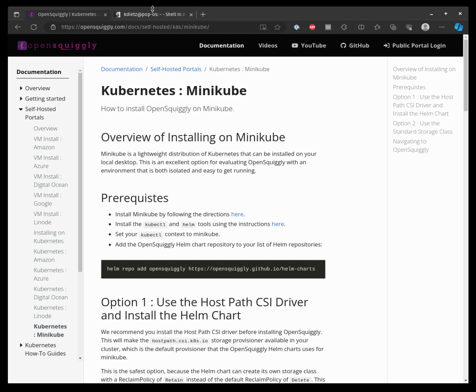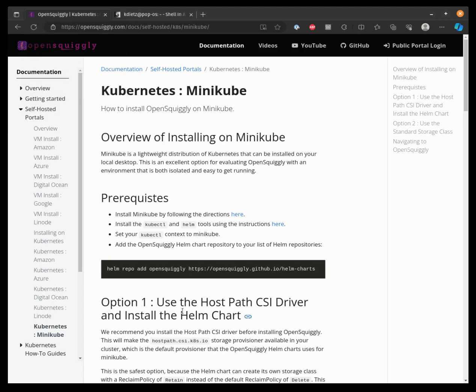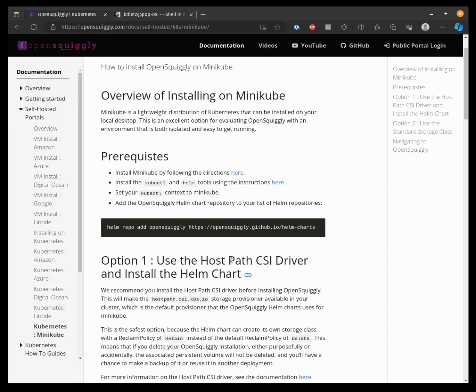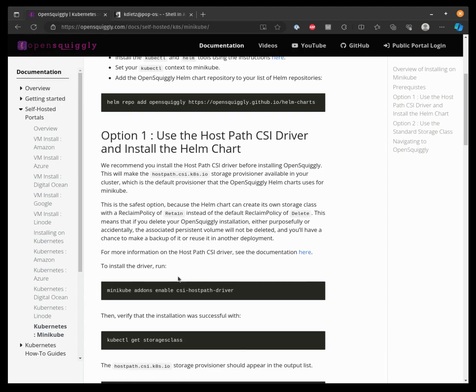Okay, so I'm going to go to my terminal. I already have Minikube installed. I can run minikube status to see that. All right. Now, what we recommend is that you install the hostpath CSI driver with this command here. Now, I don't have the